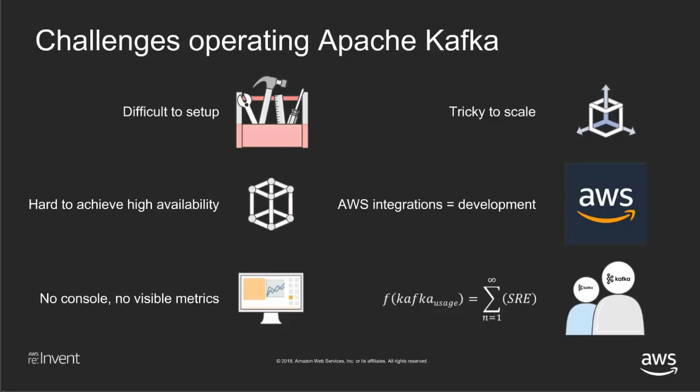Now let's talk about some of the challenges that our customers have faced when they're running Apache Kafka on their own. First, Apache Kafka can be difficult for many customers to set up, especially if they're not accustomed to running their own distributed infrastructure supporting Kafka. And setup is pretty easy and quick if you're just running a POC and you just want to get a Kafka cluster up and running, and you have producers and consumers that are reading and writing from Kafka. But the real challenge is setting it up for production.